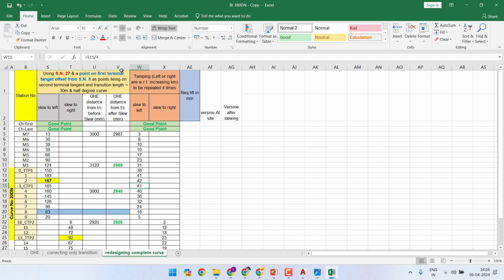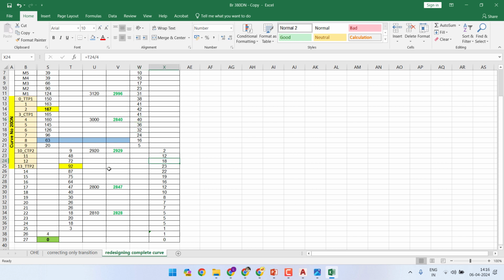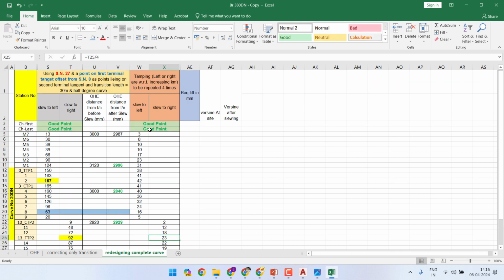See, all the values are divided by 4, and we get the slew to left and also slew to right. Here total slew required is 92, and in first run we divide by 4, we get 23. So we will run the machine using these slew values for these stations,